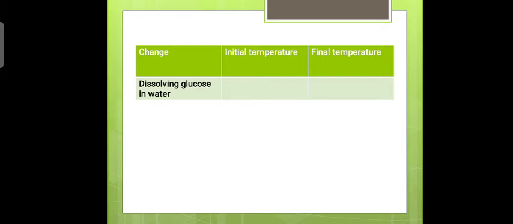Students, copy this table in your notebook and measure and record the temperature of water in the 2 beakers or glass jars. You have to note down the initial temperature. Then to 1 beaker add detergent powder and to the other beaker add glucose powder. Stir the two till they dissolve completely. Now measure the temperature again after dissolution and note it in the final temperature block. In this way you have to fill your table. For filling this table and observing the activity, you can pause the video and after that resume the video.